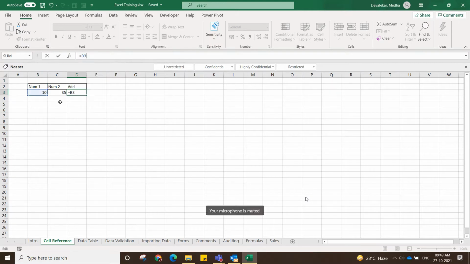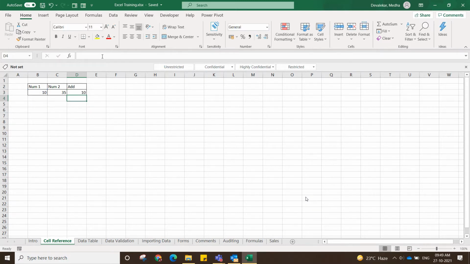B3. Then it will show the cell selected, or you can just select this cell. It will give you its address here, and then you can press enter. Then it will show the same value, 1010, because we mentioned that what comes here is B3.